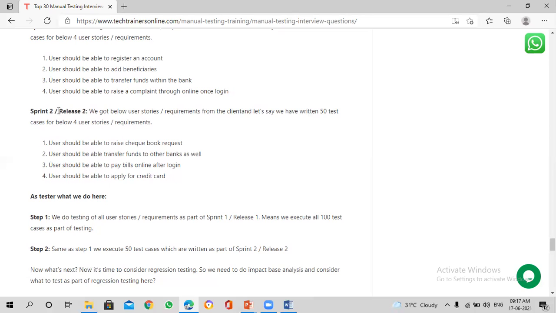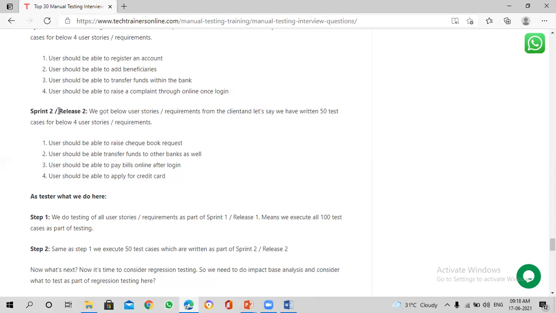You need to make sure you thoroughly automate the end-to-end flow of your system, or the core of your system. That is exactly called regression automation. So when we do regression, you already got the clarity.